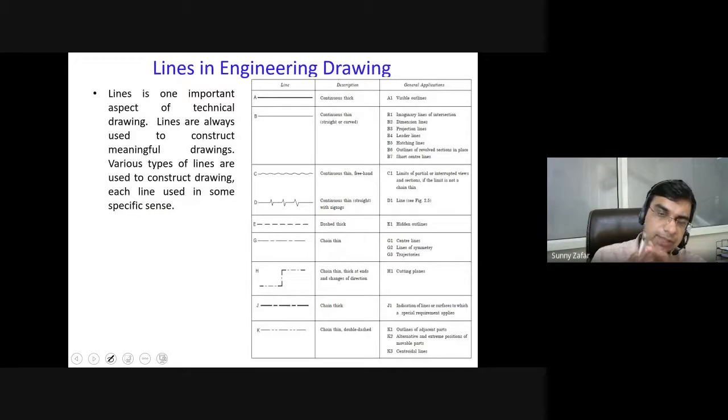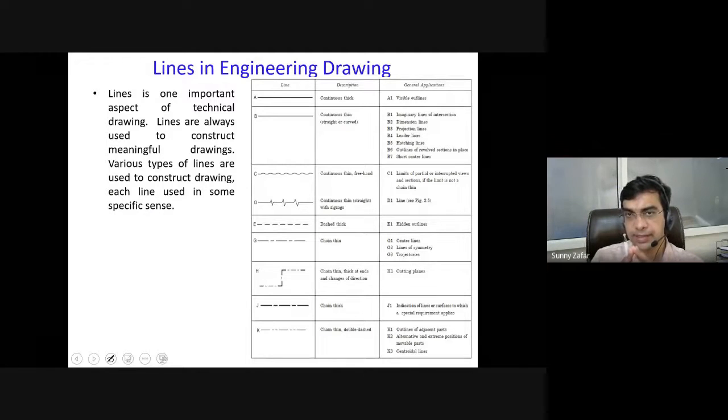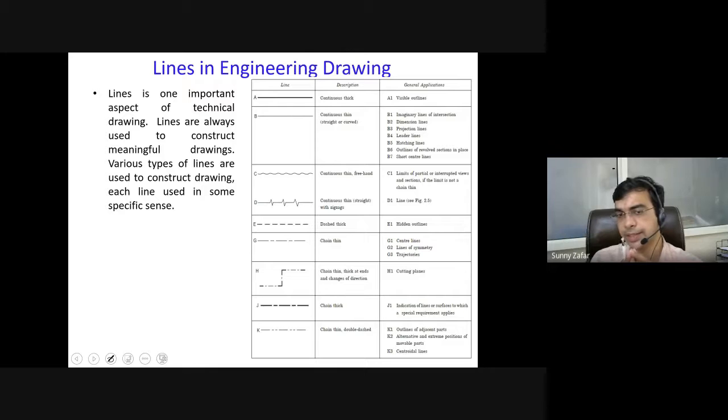So the next important aspect of machine drawing, or engineering drawing, is lines. In earlier days, when we used to study this subject, we had different types of pencils available, like the H pencil, HB pencil, H1, H2, 3 pencil. These pencils were used based on their graphite content. Some pencils produced a very thin line, and some, without applying much force, produced a very thick line.